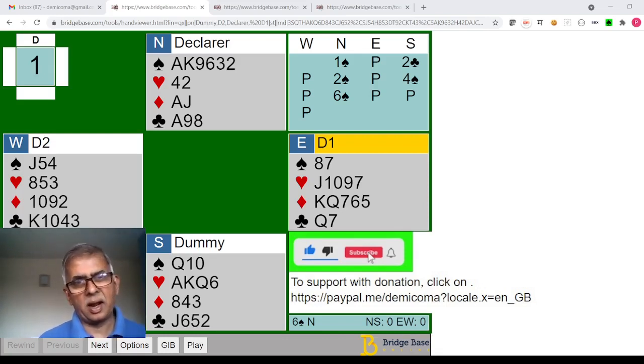That is described as a single dummy situation. For that case, you do have to think about the various options of your opponents. You have to think about the inferences available from the bidding, from the lead, and later on from the play of the cards.